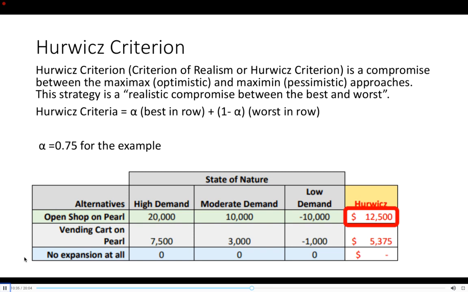So then once we figured these values out, we look at the best case scenario given our 0.75 probability of high demand. Okay. So this also suggests that our best option is to open the shop on